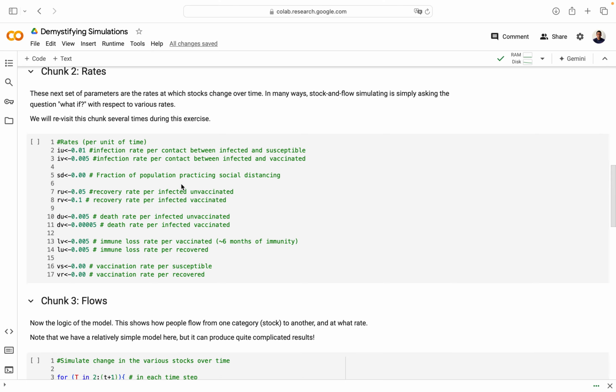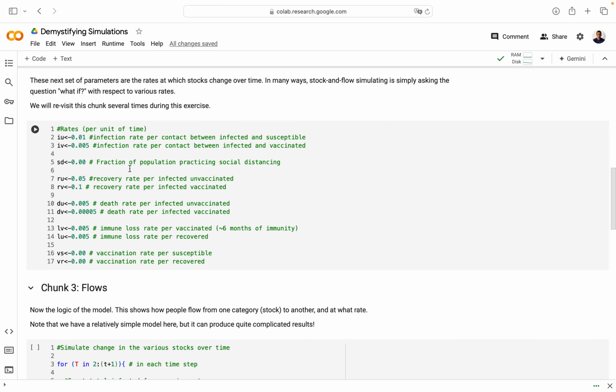Next, let's get to rates. And so really what we're going to be doing today is we're going to be messing with these rates a few times. You can see I've set up some initial conditions for us over here. Let me just tell you what the implicit assumptions here are. I'm saying here that the infection rate of the vaccinated and the unvaccinated people is different. What we're trying to say is that if you're vaccinated, you might be slightly less likely to get the disease than if you were purely susceptible,